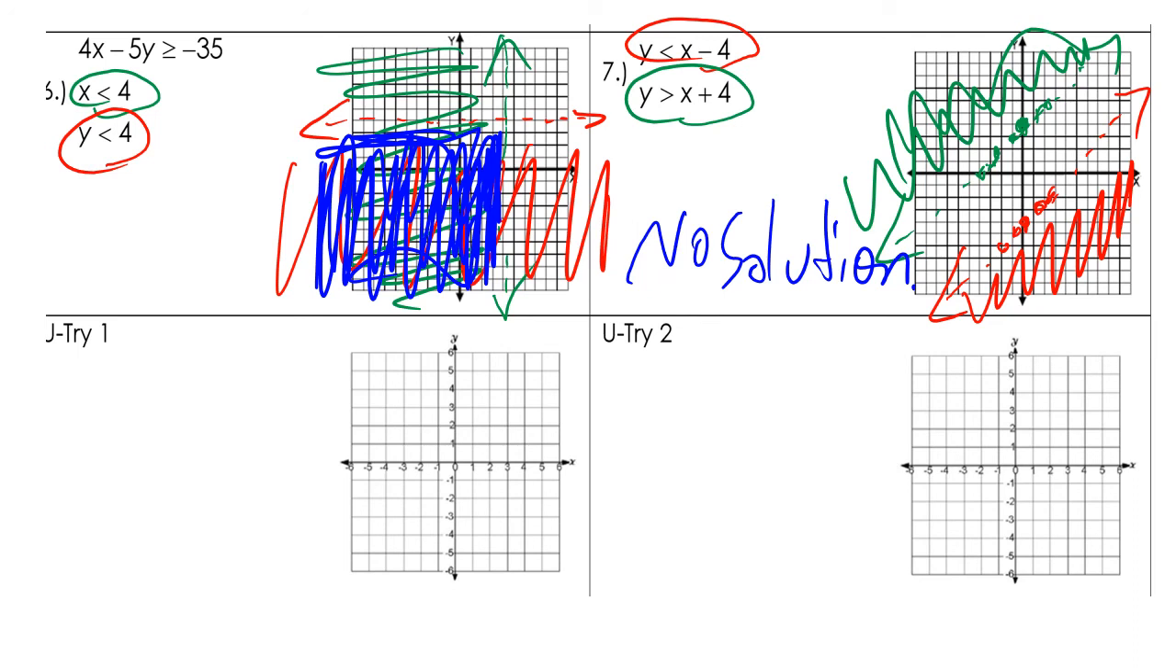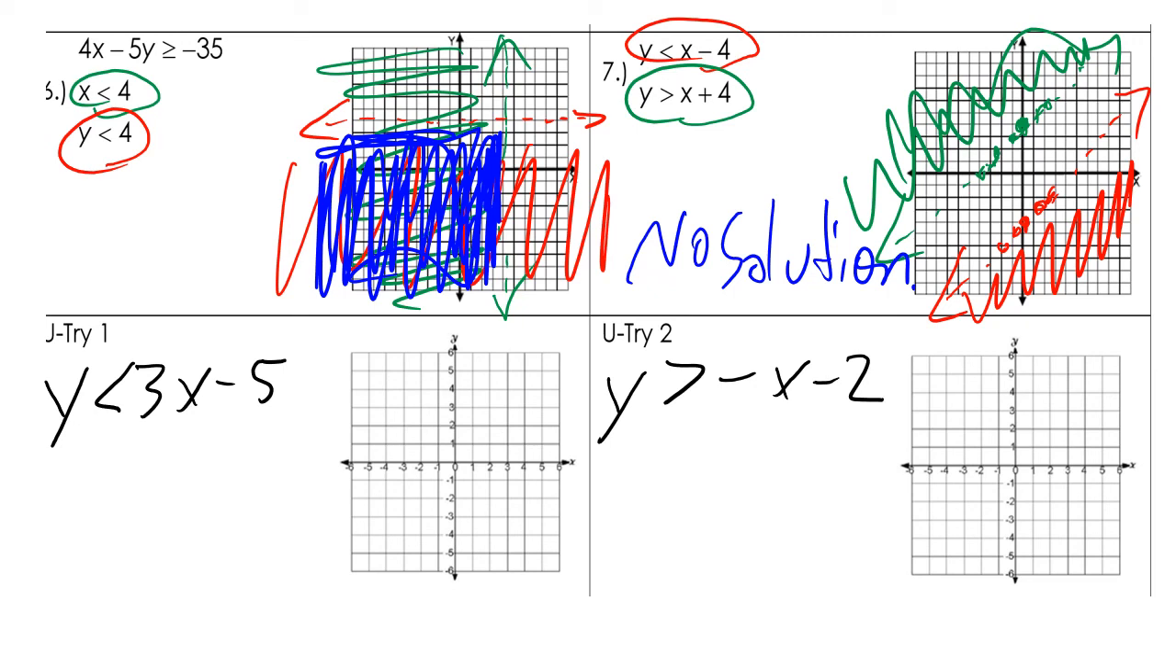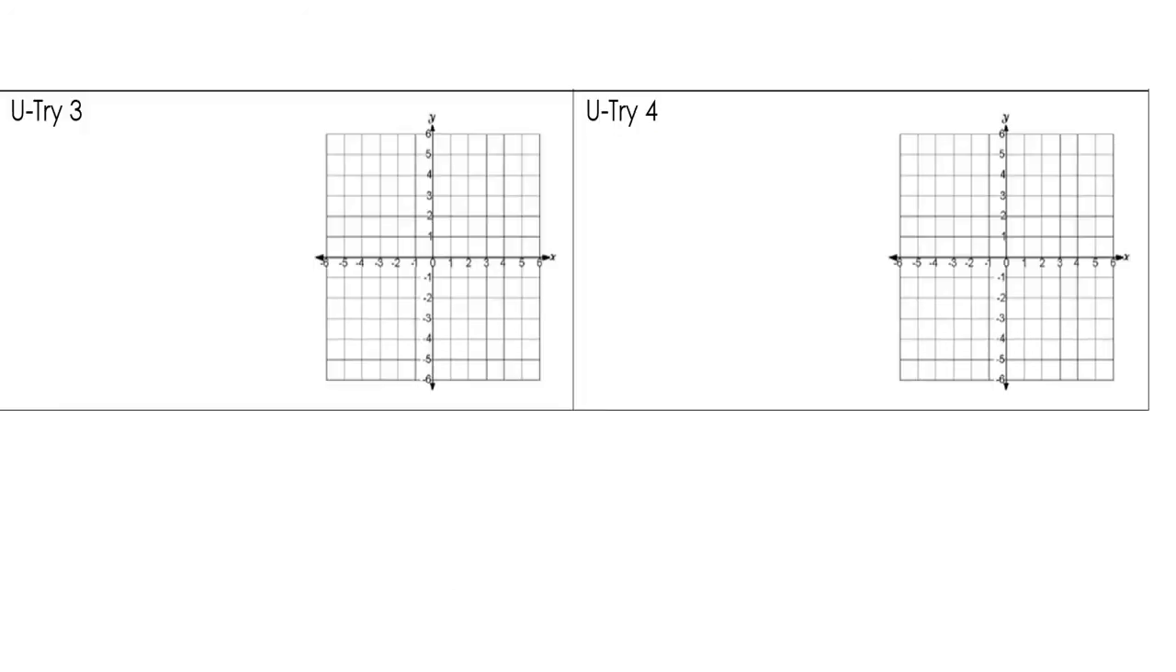All right, here's your Utries. Number 1, y is less than 3x minus 5. Number 2, y is greater than negative x minus 2. And y is less than or equal to 3x plus 6. And your other Utries,